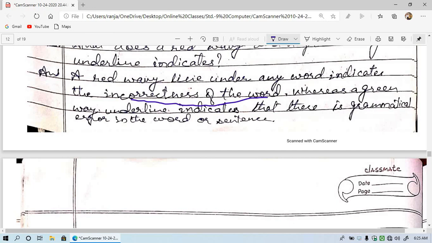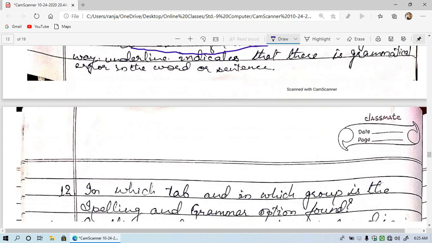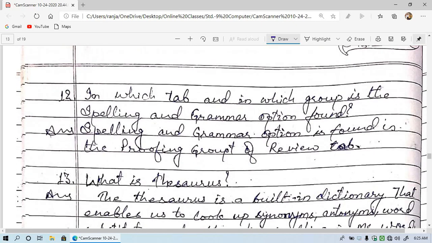Whereas a green wavy underline indicates that there is a grammatical error in the word or sentence. If it is green, it means the word is correct, but the syntax or the grammar is not correct according to the sentence or situation.